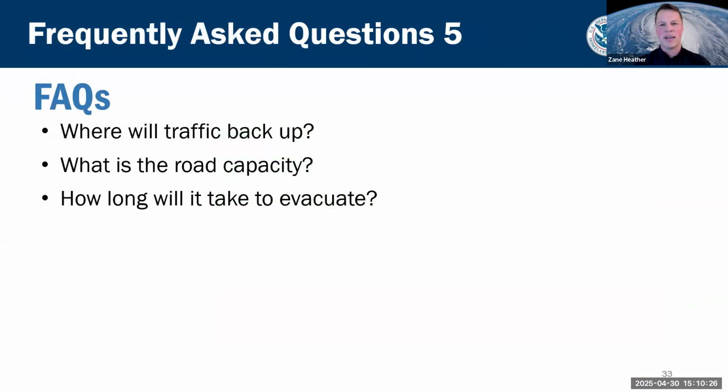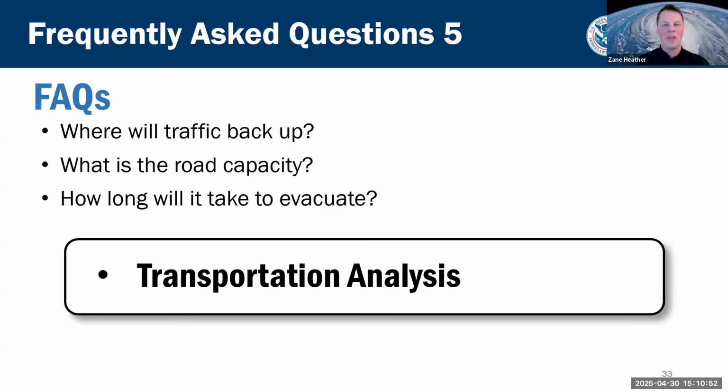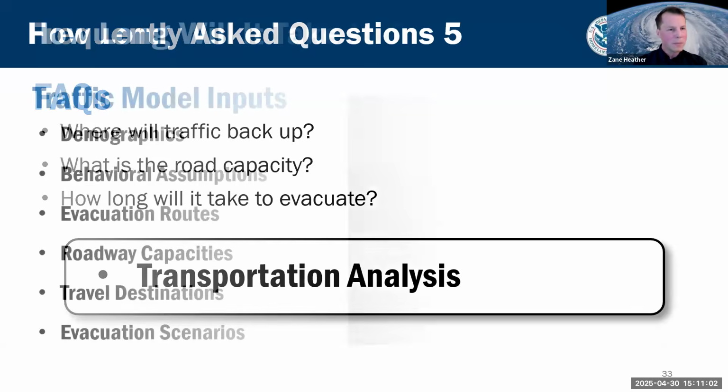All right, so we've got an understanding of the hazards posed to a specific location via the hazard analysis. In the vulnerability analysis, we understand the populations and infrastructure exposed to those hazards. In the behavioral analysis, we know how that exposed population will react. Shelter analysis, we know what percentage of that population will be seeking public shelter. And then finally, the final analysis done in the hurricane evacuation study is the transportation analysis. And that helps us understand how that evacuation will move through the roadway network, as well as how long it will take for that evacuating population to reach an assumed point of safety.